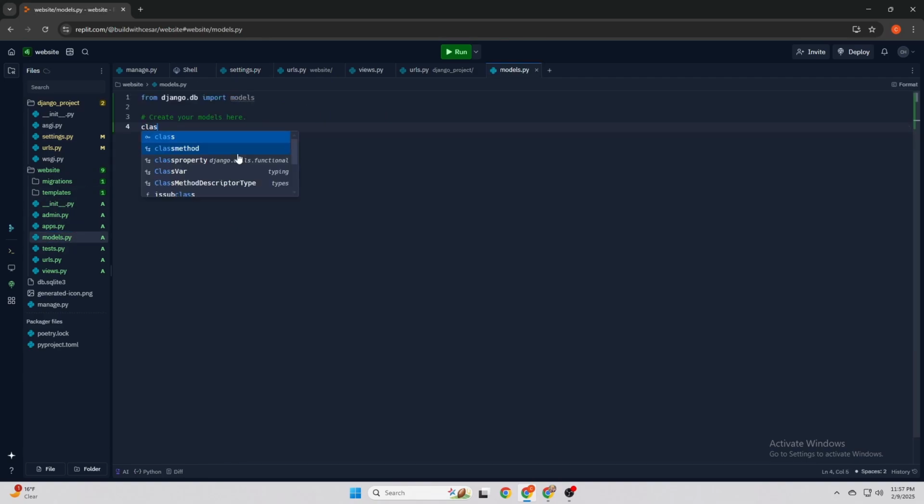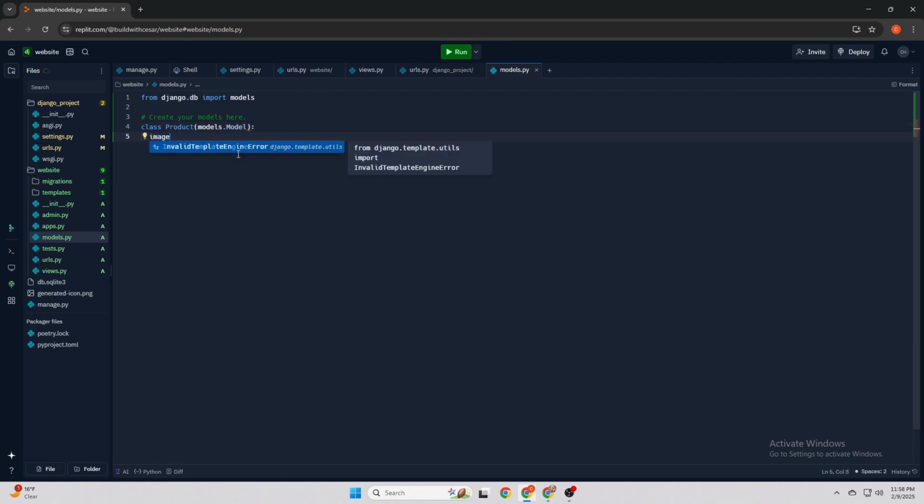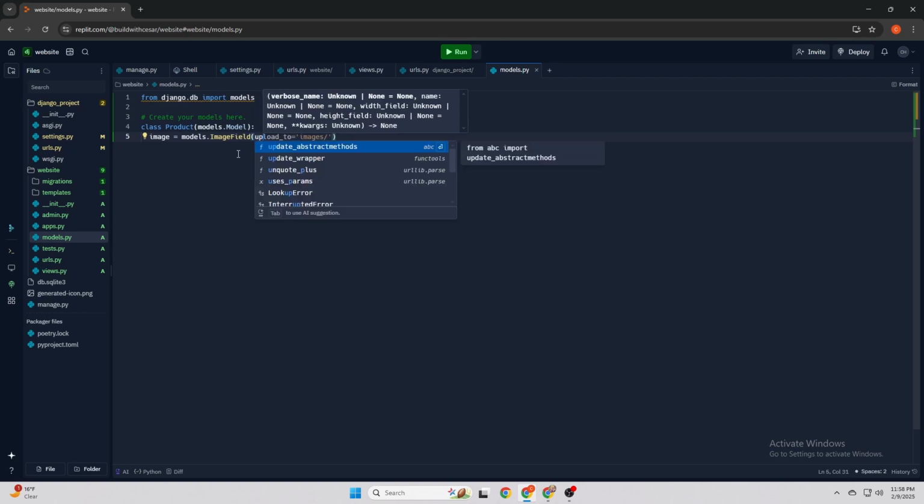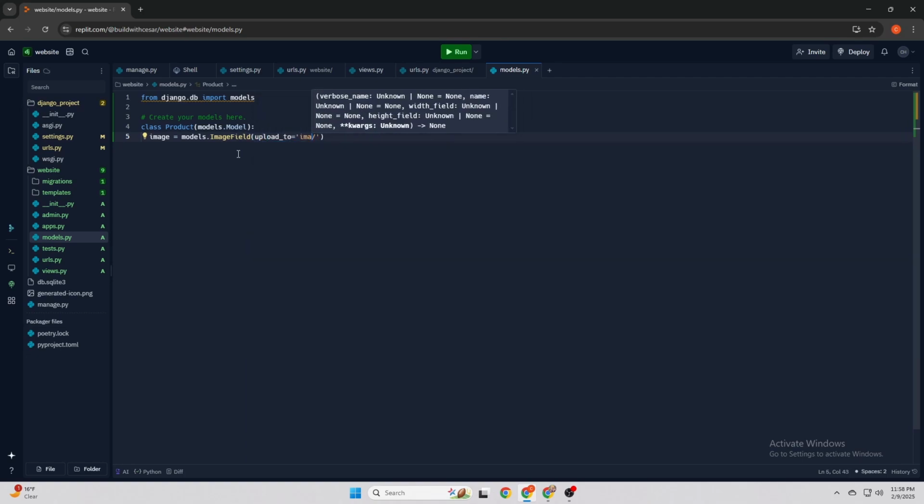To create a model, we need to put in class, the model name, and parentheses models.Model and a colon. Model can take various types of data like boolean, float, string, integer, image. But for now, we're just going to focus on three, that being image,